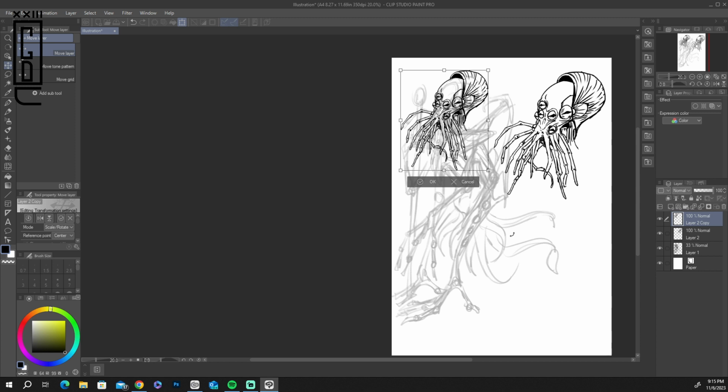So I'm creating this kind of monster or spiritual being based on my ideas. This guy, and the other part is locked. Yeah, it's locked. So let's go back to